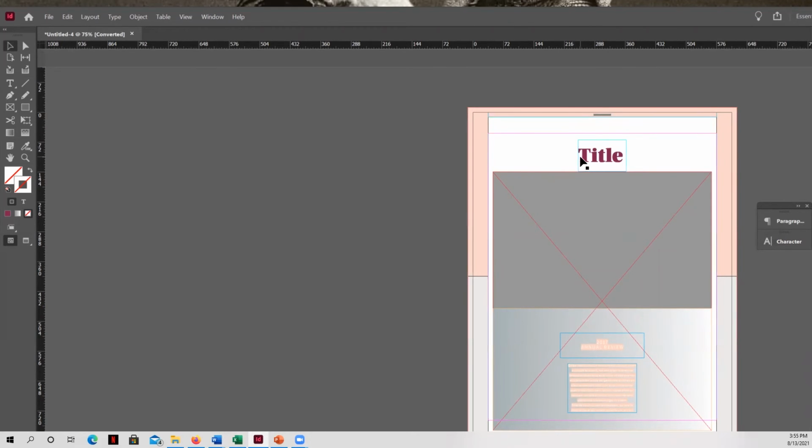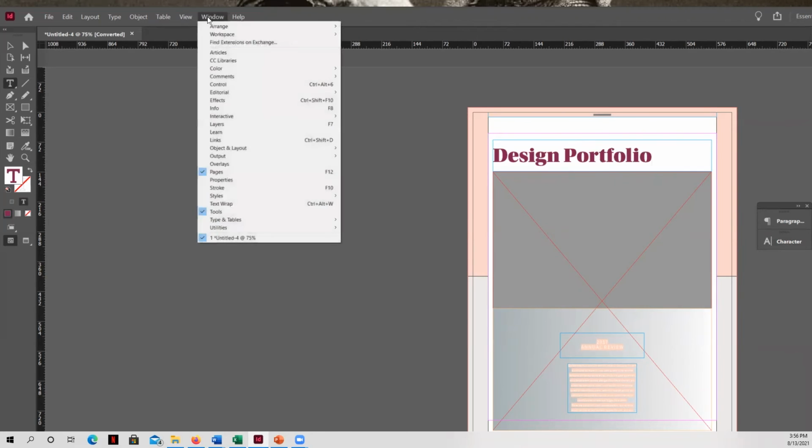And then once I have it, I can just go ahead and start to manipulate this just like a normal InDesign file. So let's say that my title, I want to put it in here, but my text is going to say, instead of title, it's going to say design portfolio. And you can see right away it doesn't fit. So all I have to do is use my commands that I've learned before using InDesign, and I can just stretch this text box out, and I can type what I want it to say.